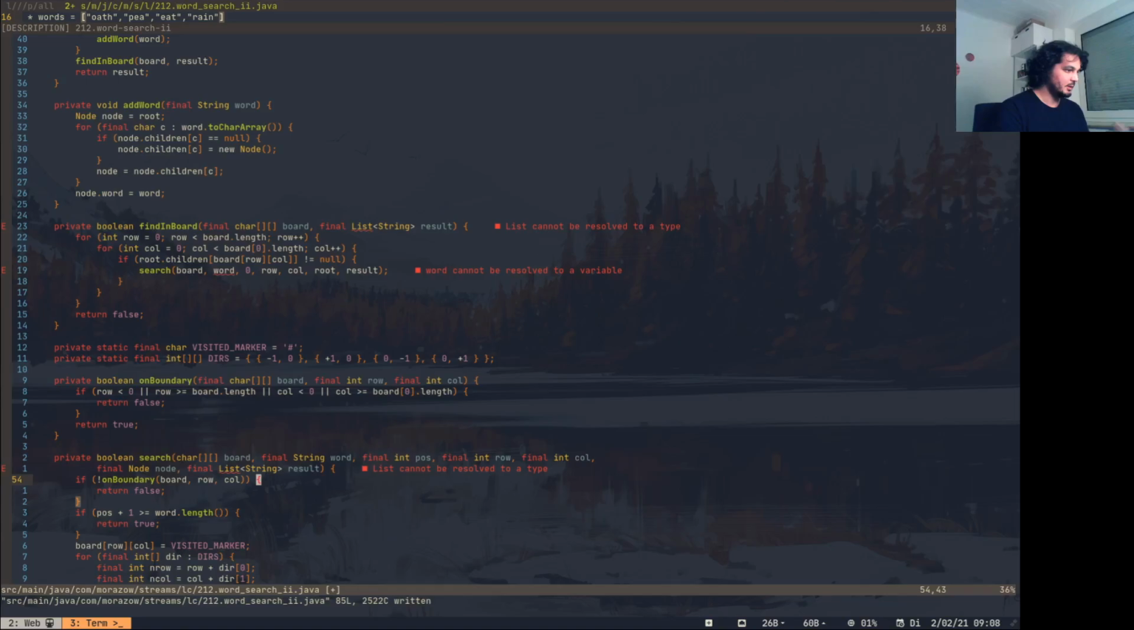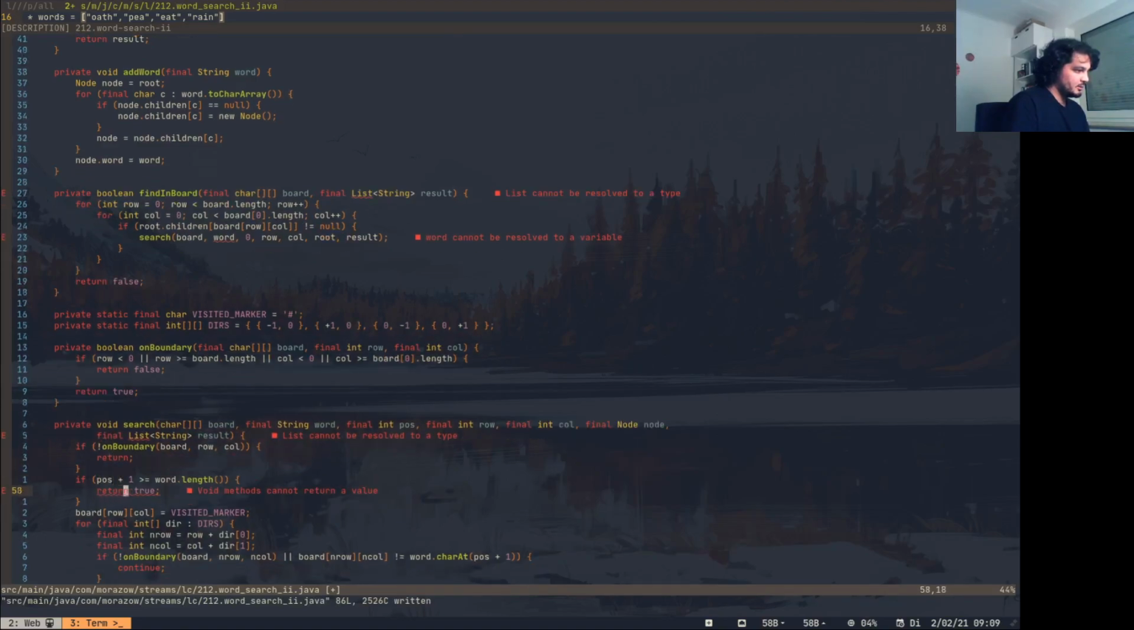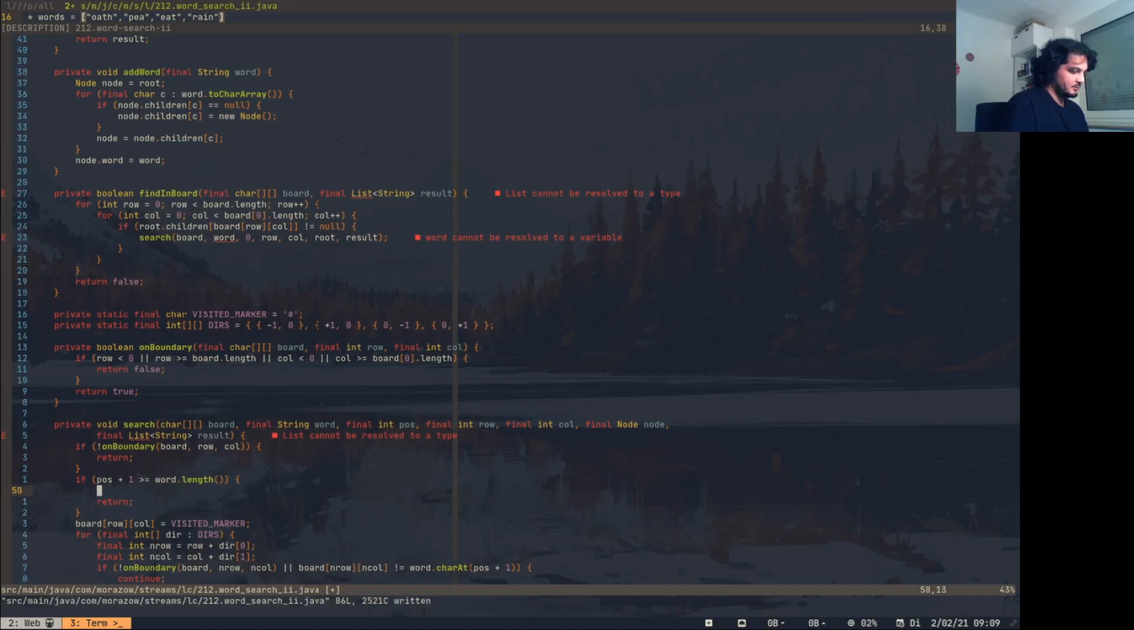Everything here I need to check if I am outside of the boundary, and then return. I don't return false, but just return. Should be void. And here I also, if this is outside, I need to add to the result the node word and return. So I know that I matched at this point some word, and that is stored at